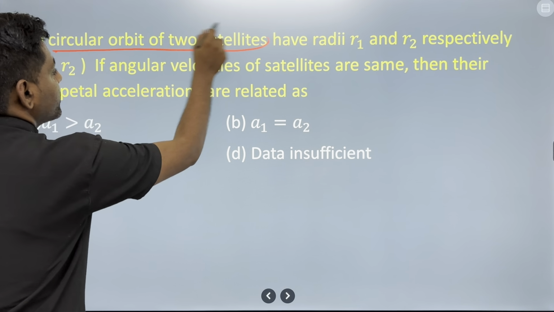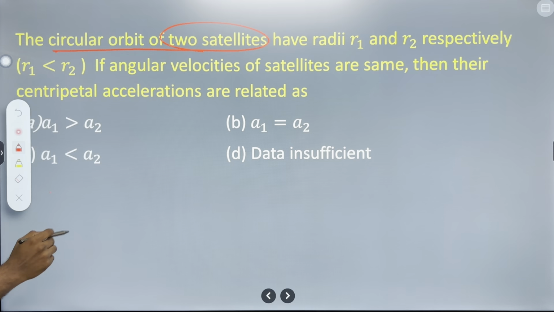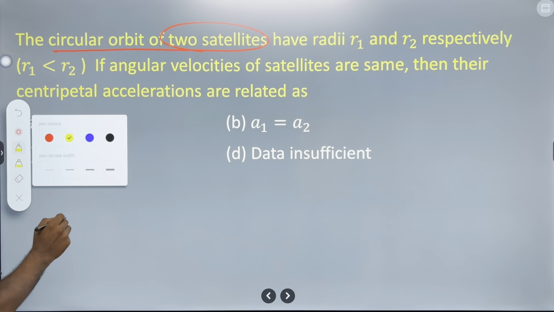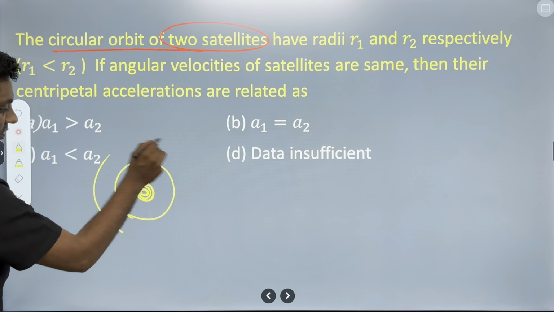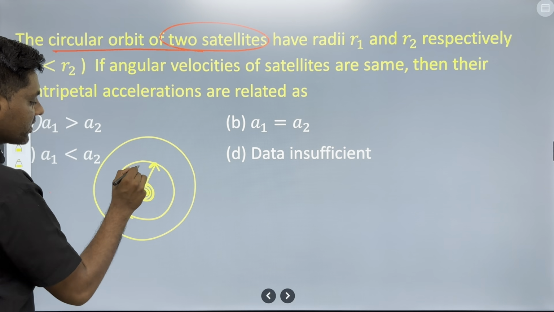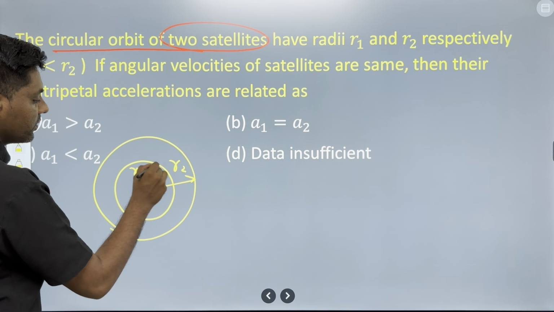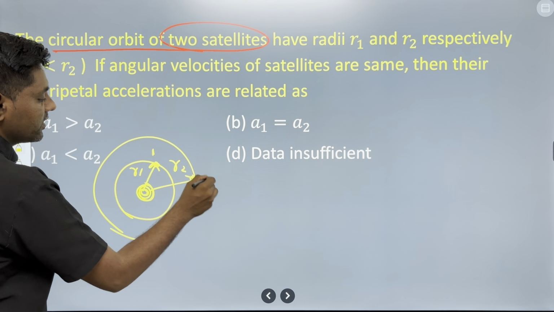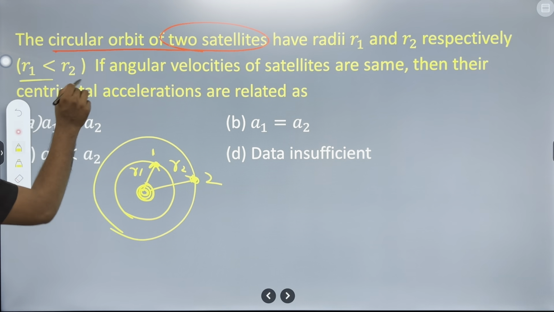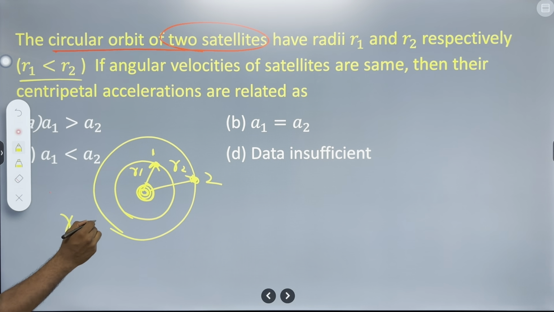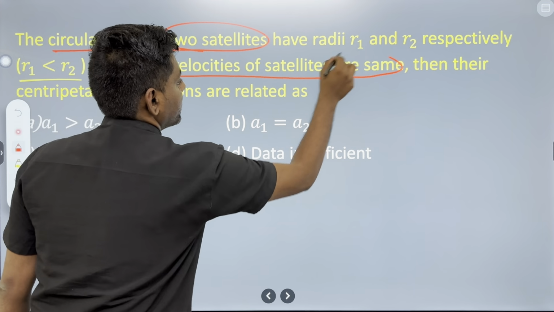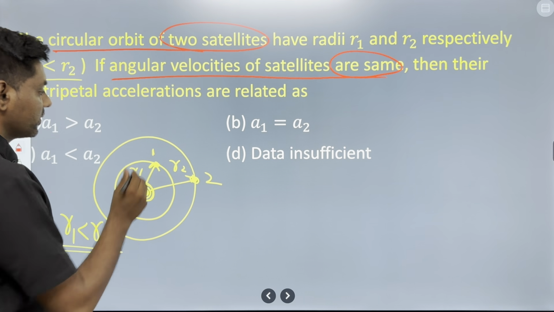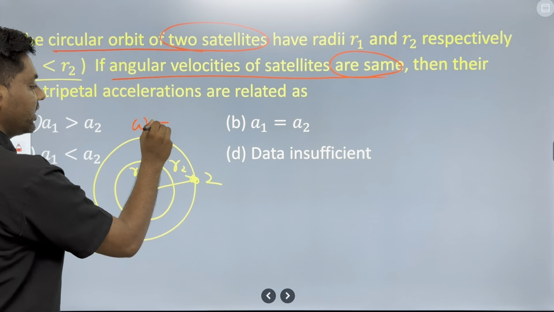Circular orbit of two satellites having radius r1 and r2, so we draw the earth, so this is the earth surface and these are the orbits of the first satellite and second satellite, having radius r1 and radius r2. This is satellite first and this is satellite second. What is given: the satellite first has a radius less than satellite second. So if the angular velocity of satellites are same, they have given this, which is very important: the angular velocity of the first satellite is equal to